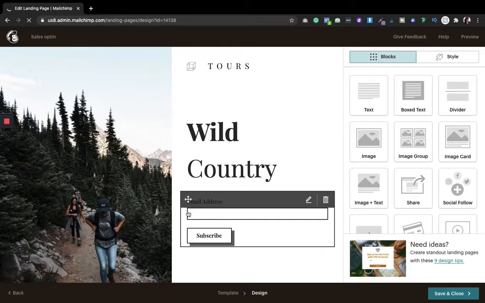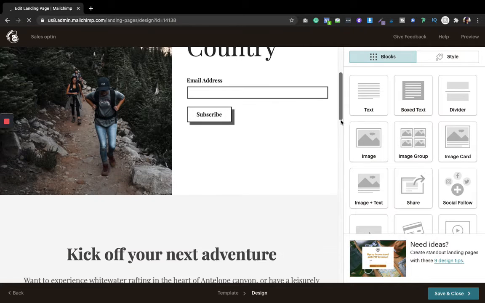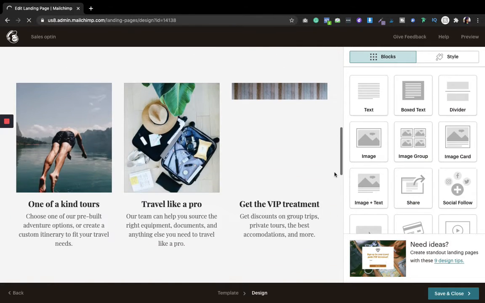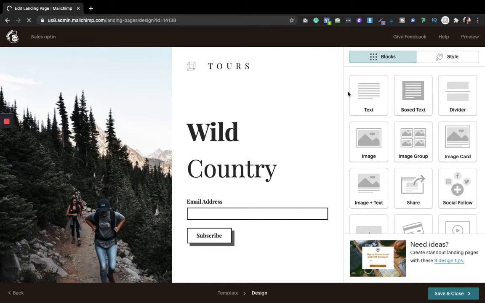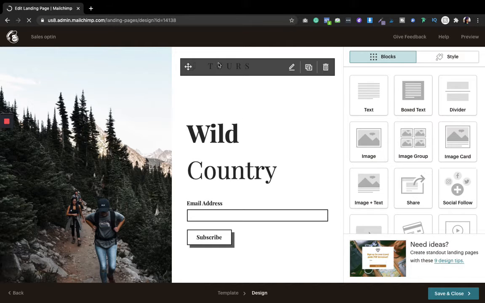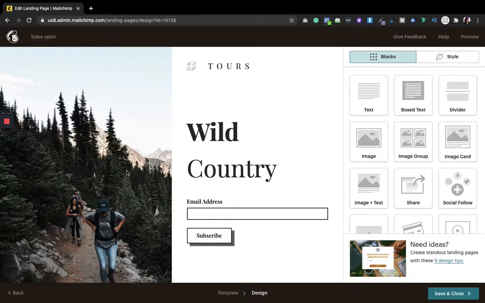So yeah, this is how it looks. It's a kind of wild country, a travel landing page, because I can see people traveling over there and they are talking about adventures and everything else. But you can customize it, as I said earlier, according to your need. For example, if I want to create it for my shop, I will remove this and plug in my images, my office images, my product images, and so on. Similarly, you have to remove this logo and put in yours. You have to remove this name and put in your company name or product name, whatever it is. So for now, let's start.